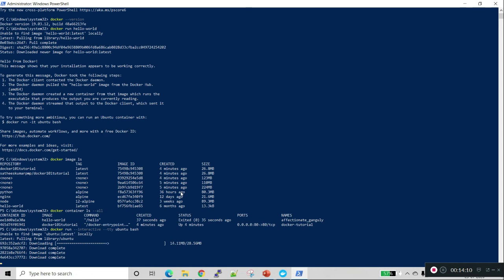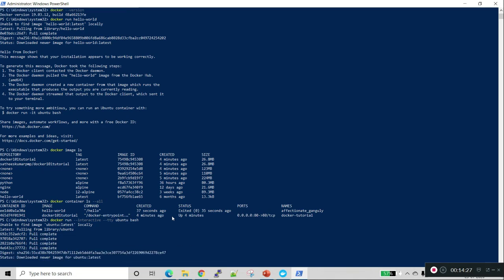It will take a few minutes. So now we can see we have logged into the root directory, so we can run all the Unix scripts here.